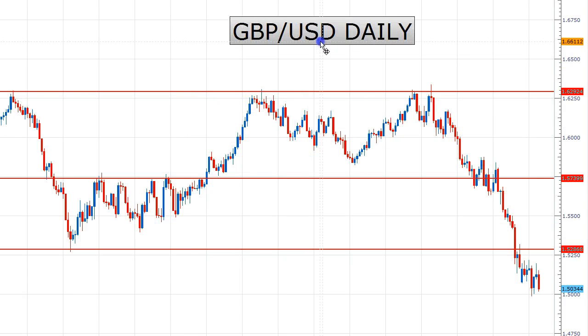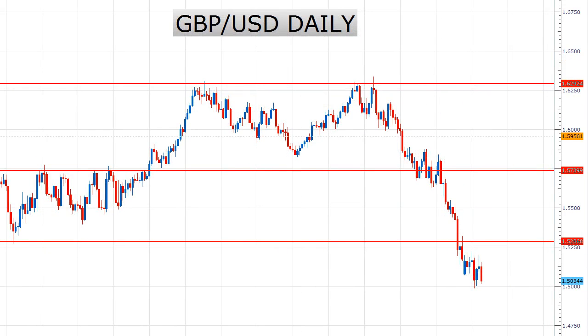All right, next I have the pound, which is the one that I really got crushed on. I kind of expected for this thing to work its way up and get into this 152.80 area, which you can see it definitely did not. Stalled about halfway there and is now looking to move lower as it appears right now. So we'll see what happens there, but as of right now,